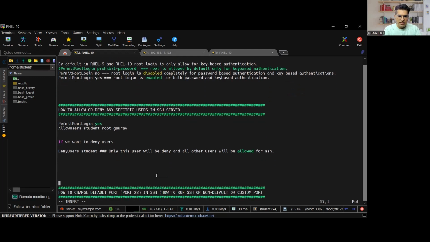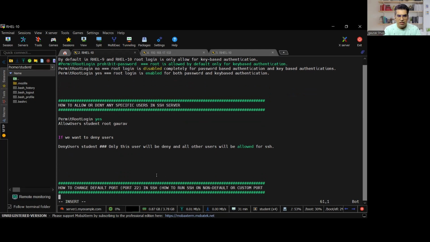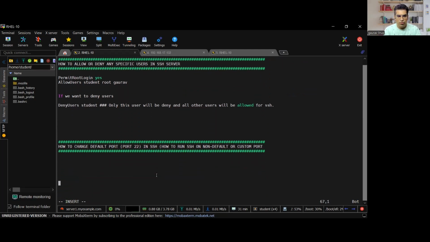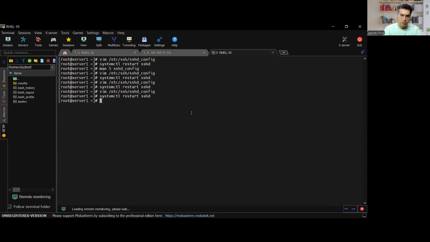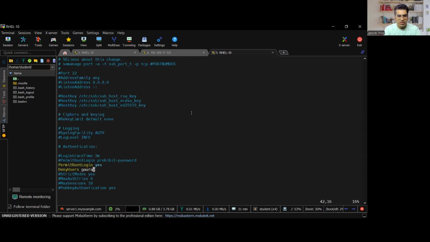Fine. Now, the last thing which we need to do is how to change the default port. So the default port of SSH is port number 22. Fine. So this is the default port which we use. So whenever you go with the SSH command, by default, the request comes to port number 22. So if you want to make SSH available on a non-default port, we need to go with the Port option here,